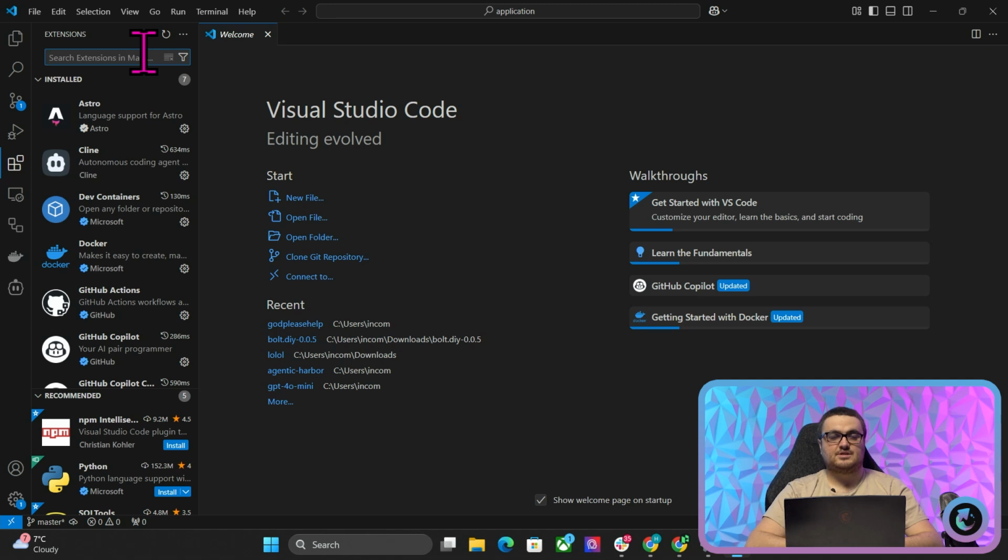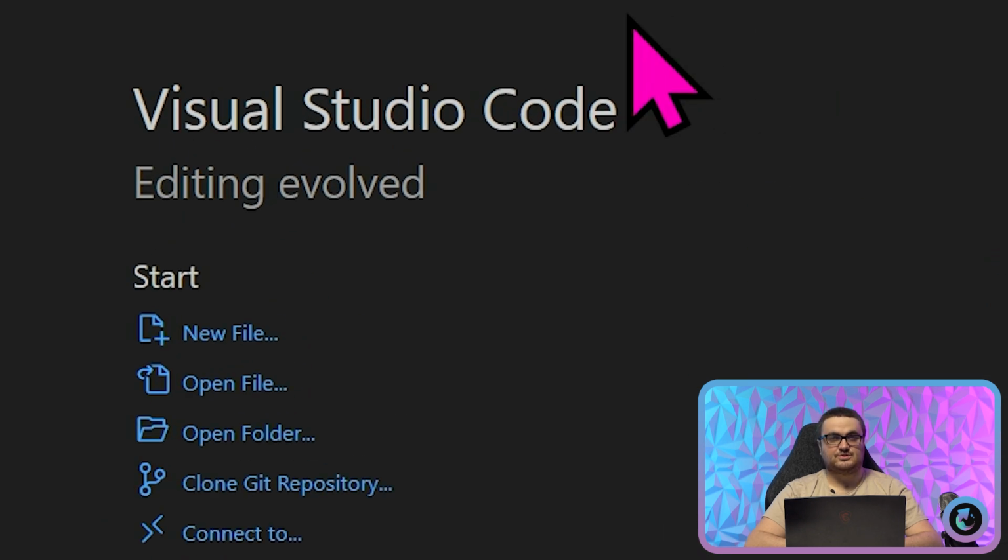I'm going to show you guys how to set up Cline with DeepSeek in order to code for extremely cheap. Let's get into it. So the first thing you need is Visual Studio Code, which I'm going to assume that